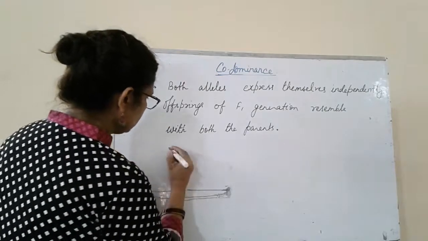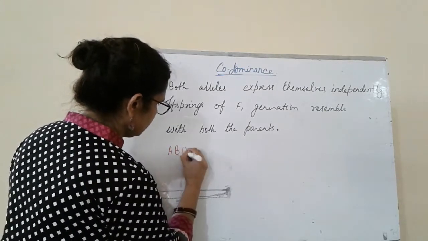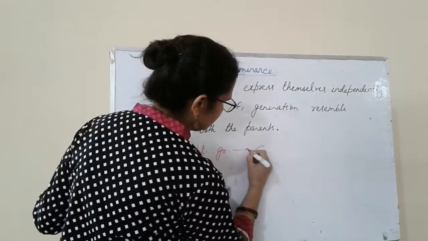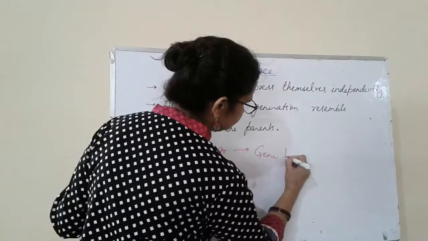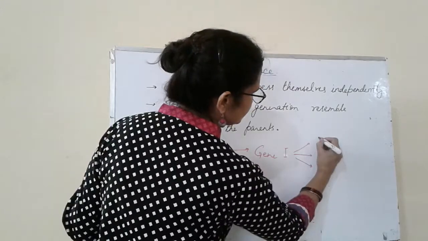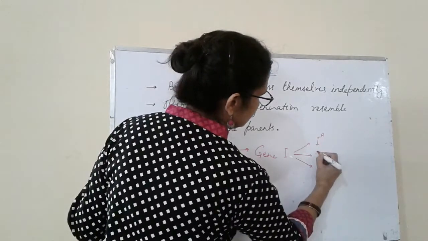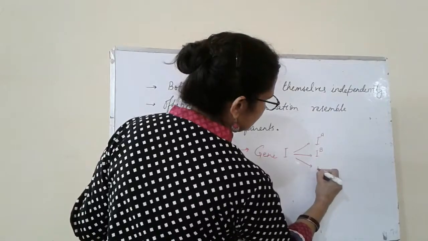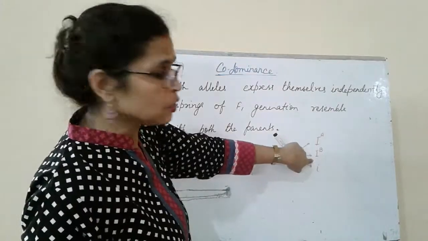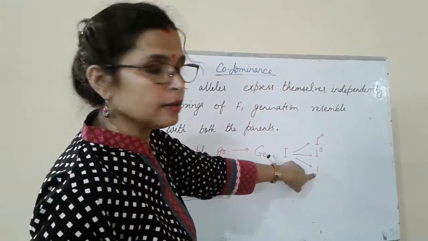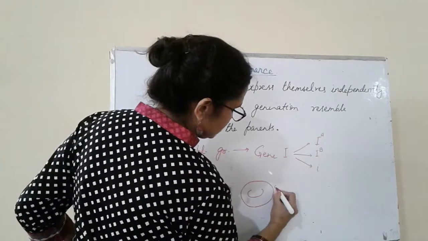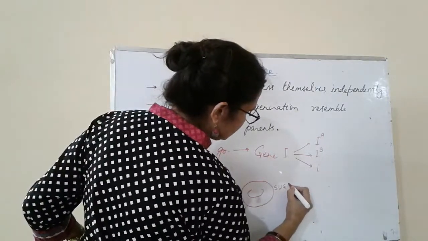This ABO blood group is controlled by gene I. This gene I has 3 alleles, IA, IB and small i. IA and IB are dominant over small i, and on the plasma membrane of RBC, the sugar polymers are protruded,